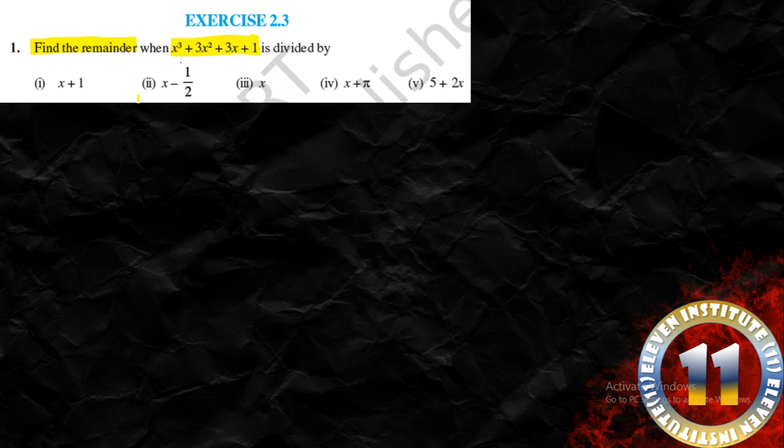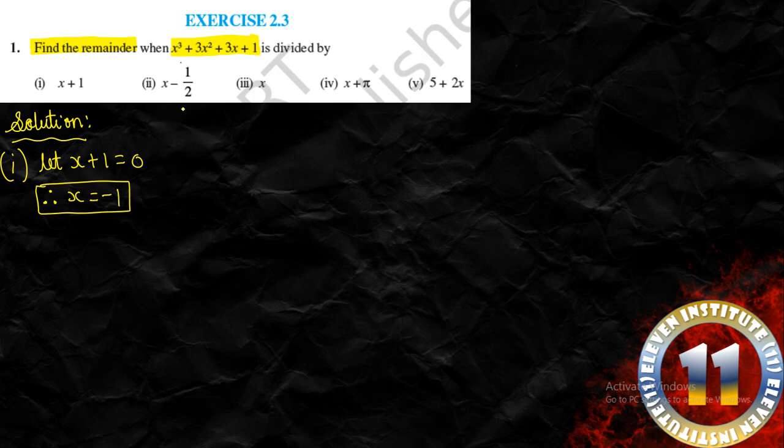Right? We will put up the value of x in this polynomial. If the answer is C, just we have to find the remainder. So remainder can be anything. We need not to check about multiple. So let us try them one by one. Let us write solution over here. Let us check the first one. So what we can write, let x plus 1 is equal to 0. So therefore we can write x is equal to minus 1.